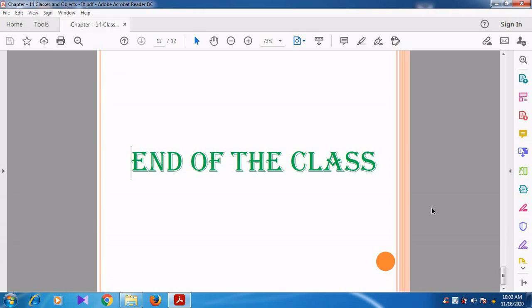See, here you want to note it down: the default constructor can be otherwise called non-parameterized constructor. Non means there is no parameter.